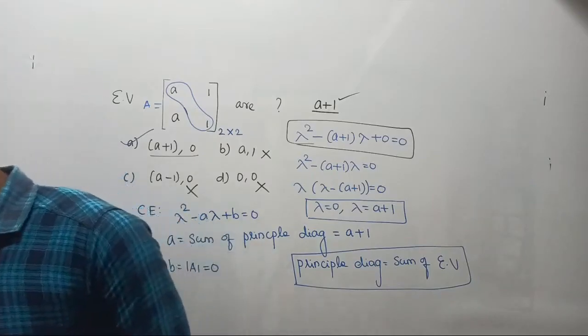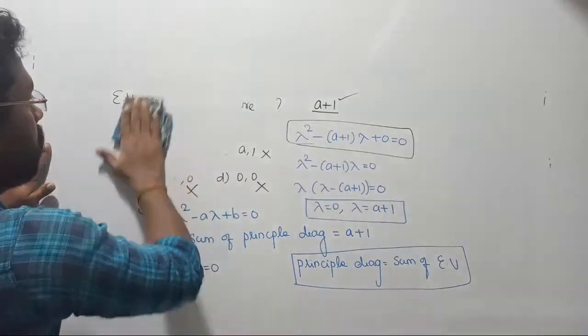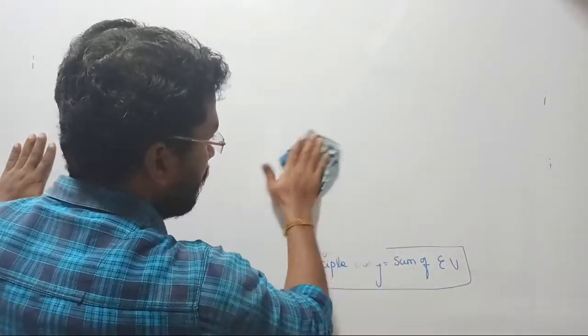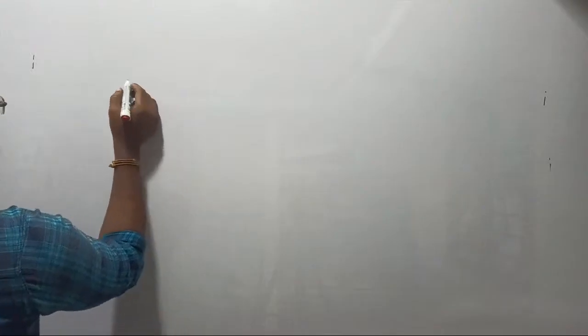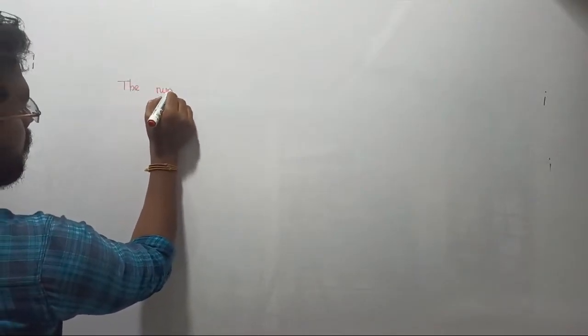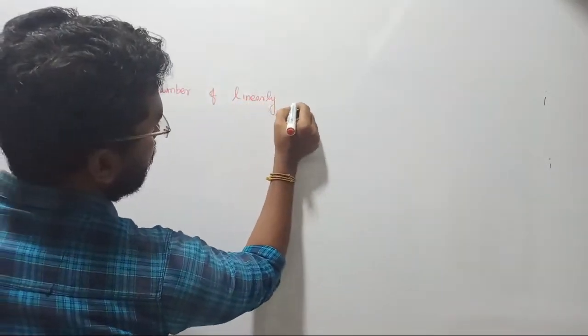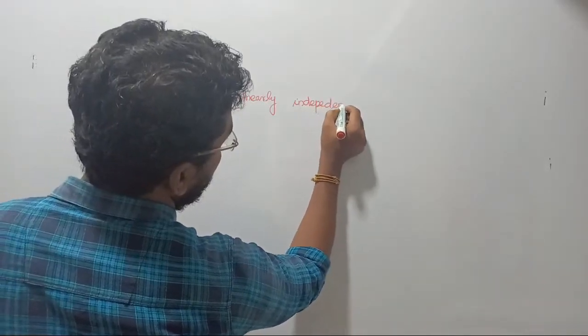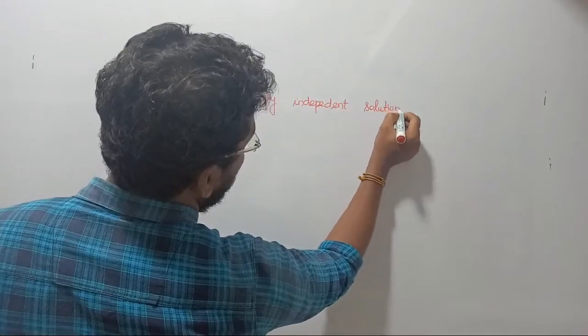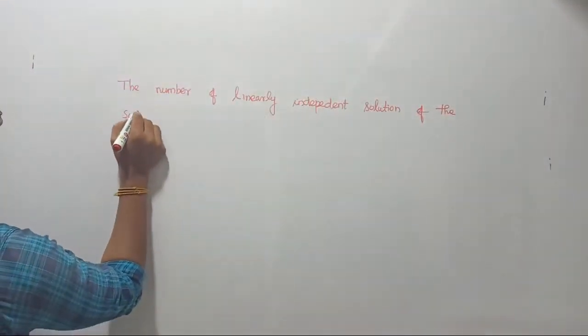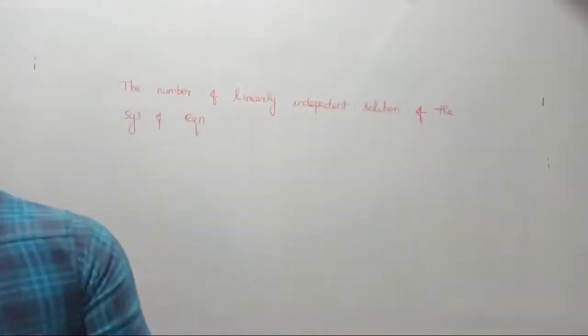Write down the question. The number of linearly independent solutions of the system of equations, whereas the given system is,